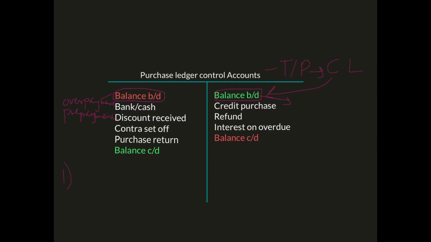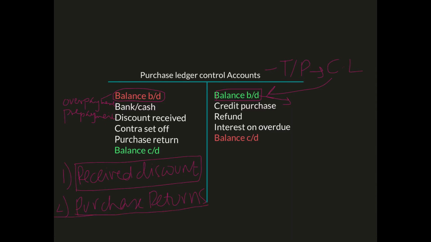So if we received a discount after our accounts were settled, which means that we have paid them fully the full amount of what we owed to our suppliers, and then we received a discount, this is the amount that our suppliers owe to us. Or we have made some purchase returns, our suppliers will now owe to us the amount of the purchase returns.